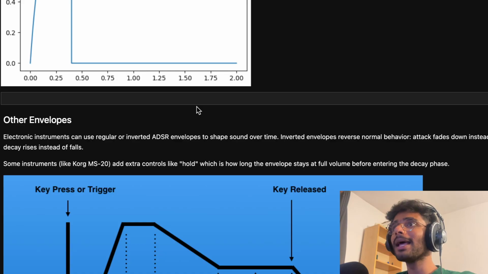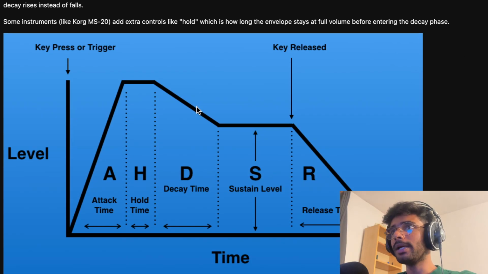And there are also other envelopes which are available in different instruments where we can have some sort of a hold before the decay starts. So it becomes an HDSR and not really an ADSR anymore. And we can also add as much as we want to our envelope and make very interesting shapes. It doesn't really have to fall in this paradigm. We can do arbitrary wave shaping of sorts to make very cool sounds,